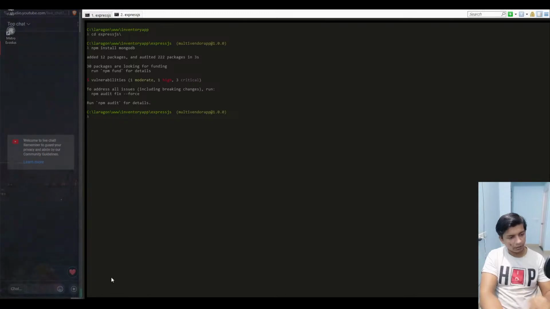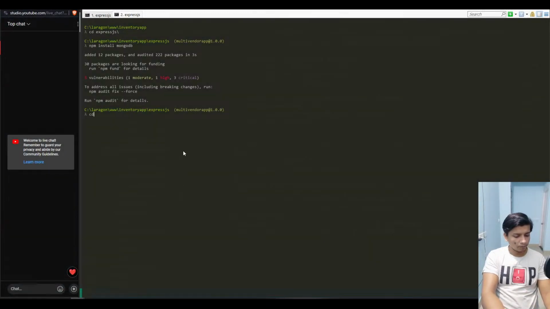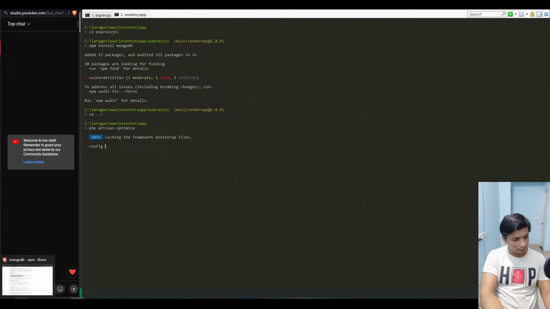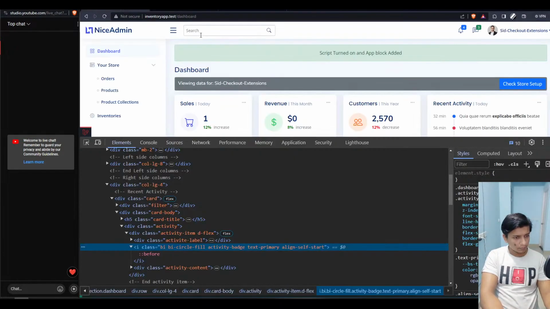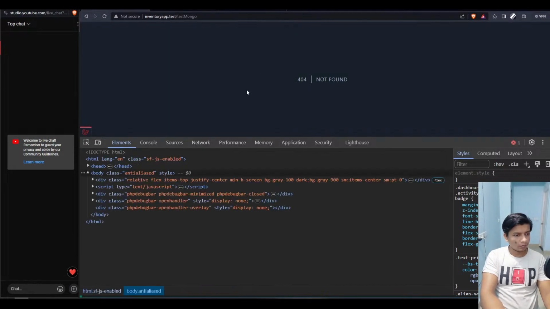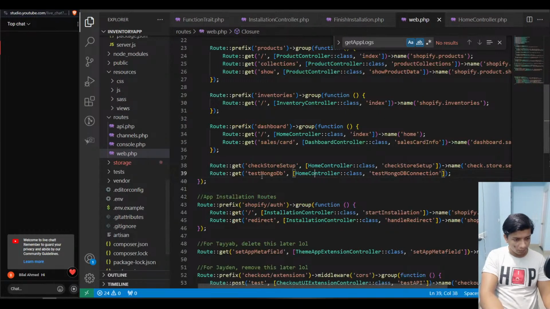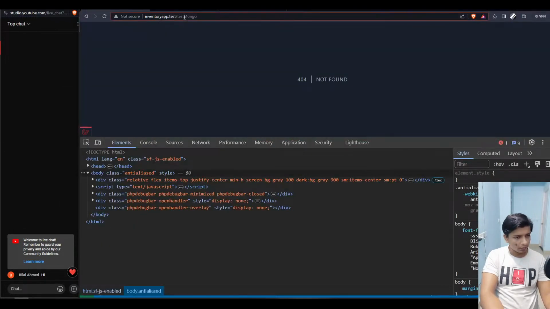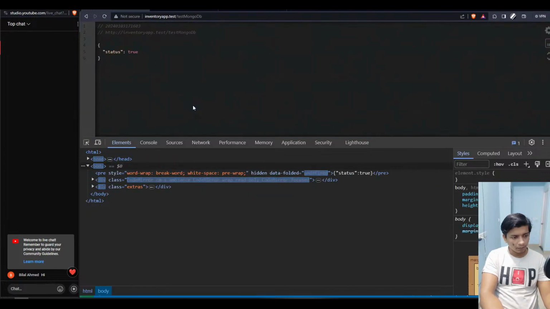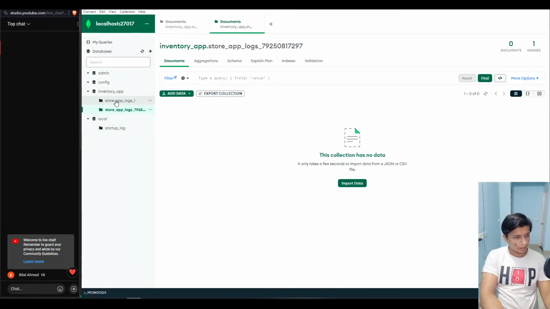Okay, so now we can go into PHP Artisan Optimize. Yeah, and now we can hit test Mongo. Not found. So what is it? Test MongoDB. Okay. State is true, and then if we reload data,